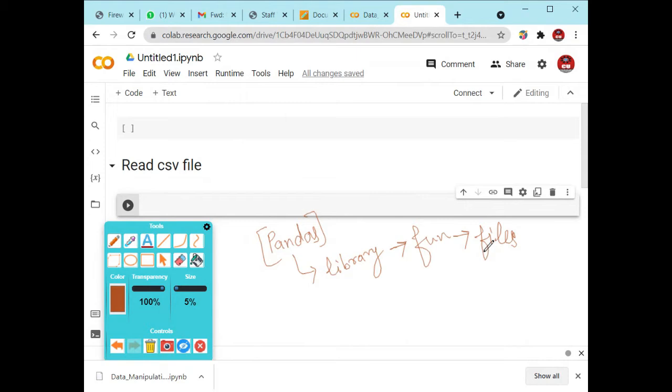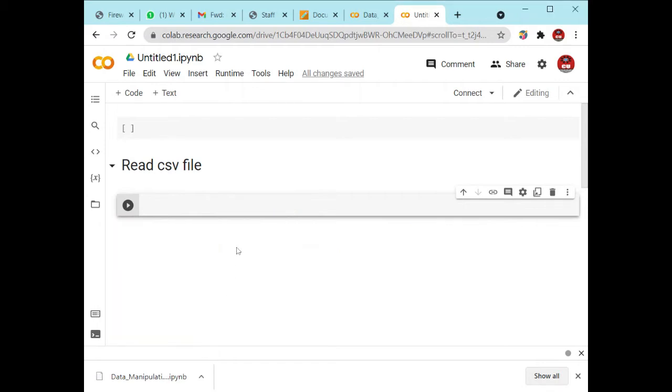We can edit the data with this particular pandas library. That's why we will use pandas for our CSV file. Pandas is a library used for data analysis. It is also used for the manipulation of data. So we will use pandas first.